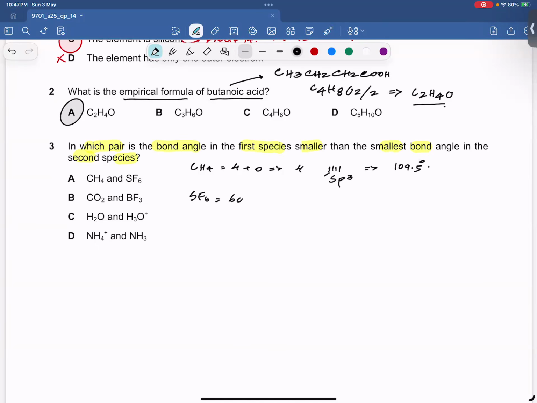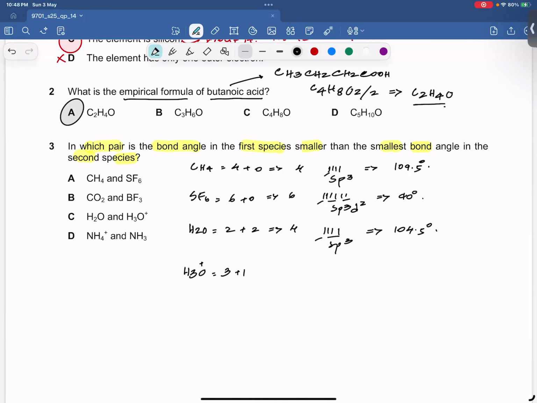SF6, 6 single bonds and 0 lone pairs. So total is going to be 6. Hybridization is going to be sp3d2. And the angle is going to be 90 degrees. Water has 2 single bonds and 2 lone pairs. So total is going to be 4. Hybridization again is going to be sp3. And the angle is going to be 104.5 degrees. Then we have H3O plus,